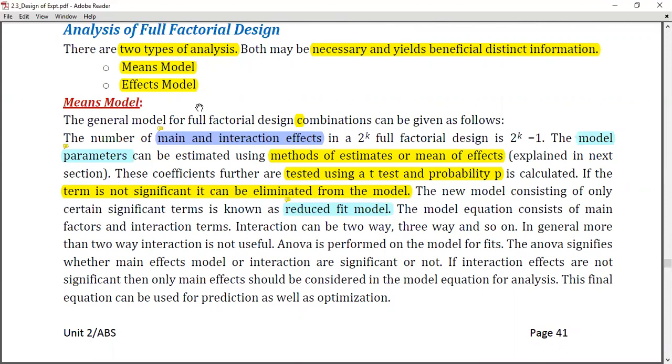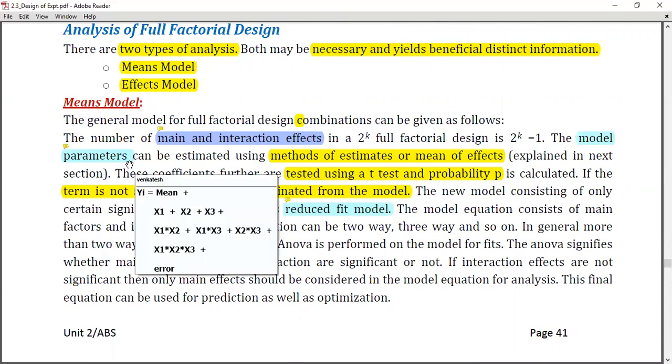So this goes by ANOVA. Means model goes by ANOVA. Here what we do is we get one equation, means equation. It is y, individual values y. We write it in terms of grand mean, or you can say overall mean, plus, the way we have done it earlier for all other designs, average, what you call it as mu.